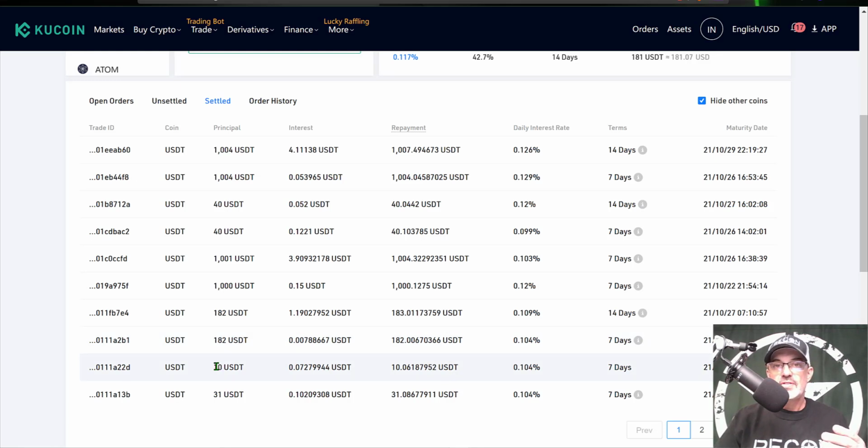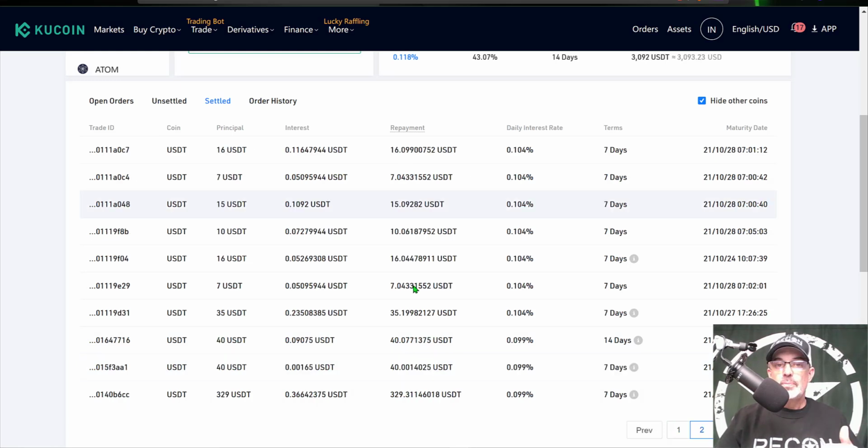However, it was for only 10 USDT. And so people do actually borrow a pretty low sum. So if you only had a few dollars to work with, you can actually loan it out and earn some passive income. Now, if we jump over to the second page, you'll see a lot more smaller loans, 16, 7,